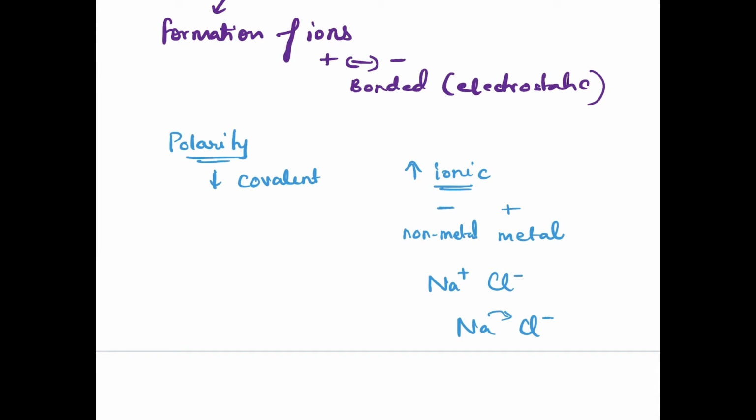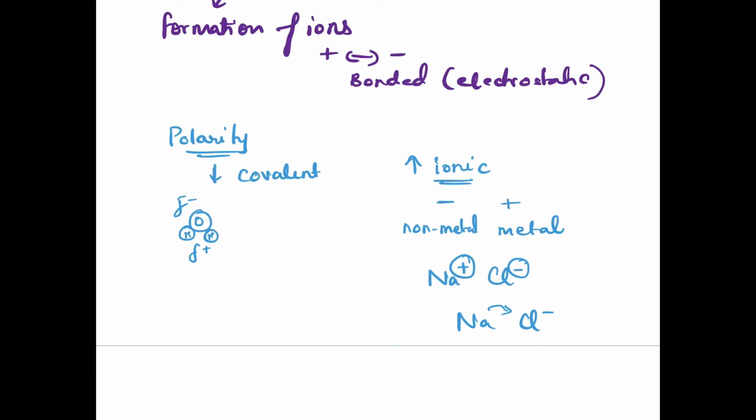While in ionic bonds, there are permanent charges which are formed, a permanent positive charge and a permanent negative charge, very high polarity, right? In case of covalent bond, as you've seen in the water example, you have oxygen with partial negative charge, and you have hydrogens with this partial positive charge. It's partial, so there is less polarity.